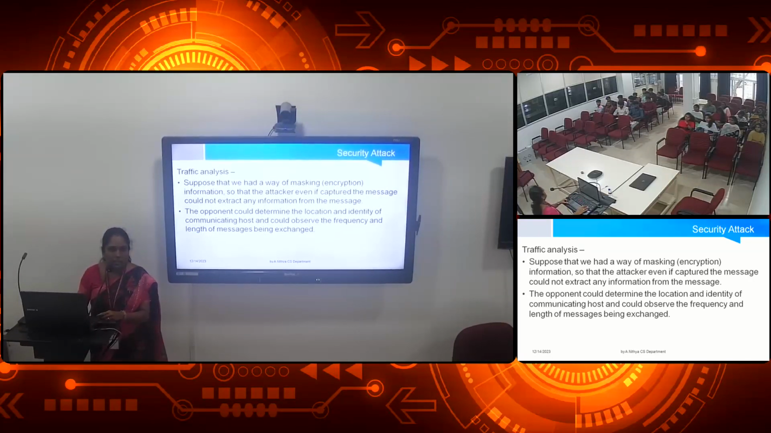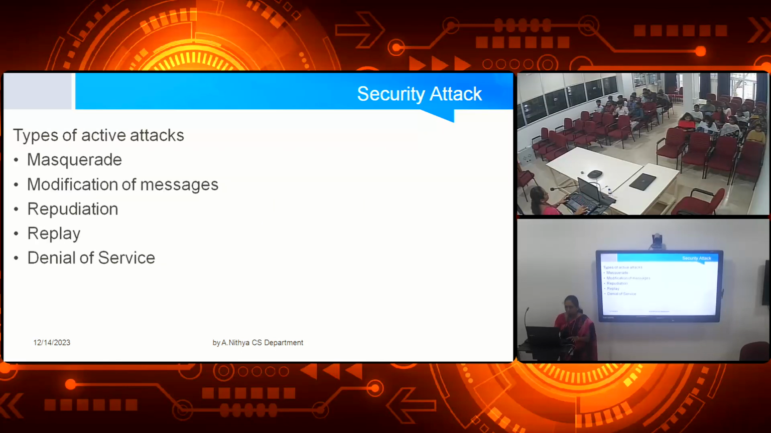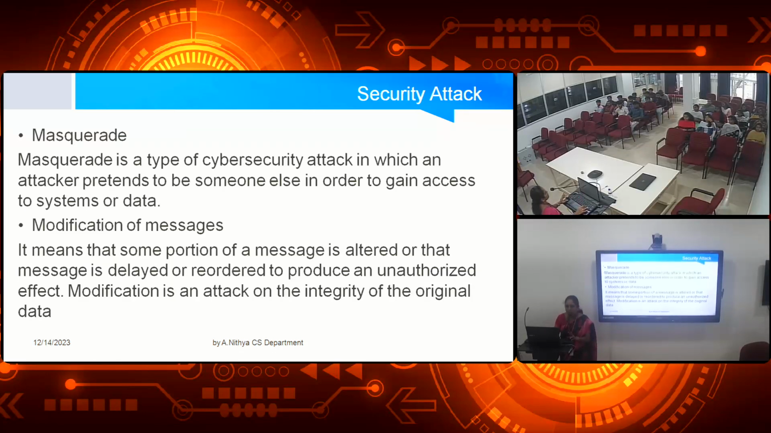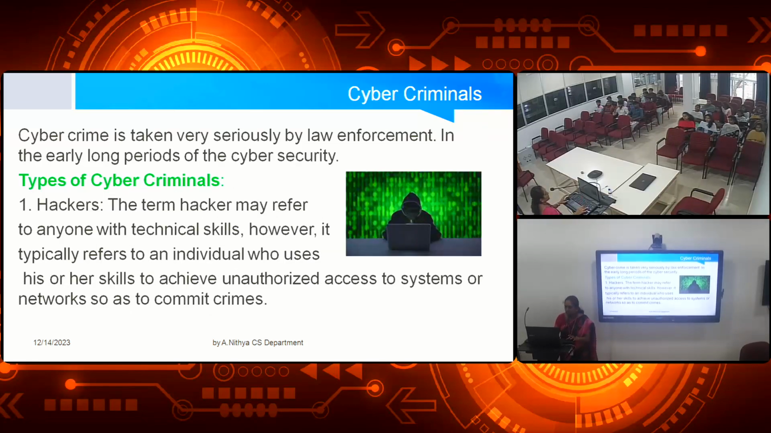So here we have seen two types of attacks. In passive, how many types? Two types. In active, five types. That's all about your security attack. Then the next topic is